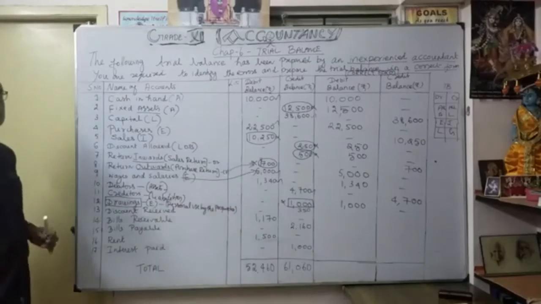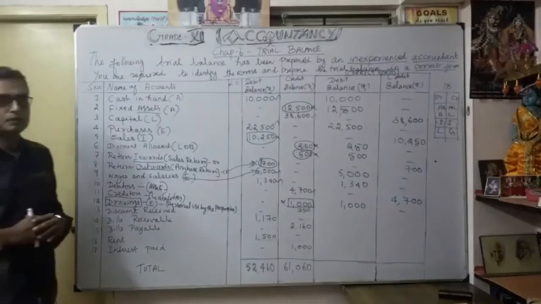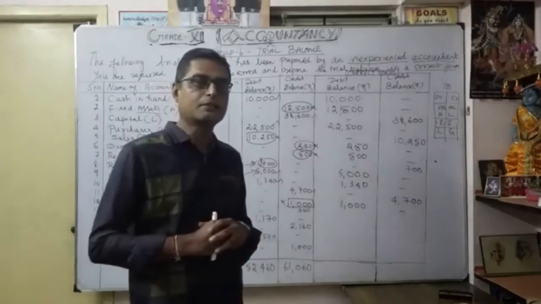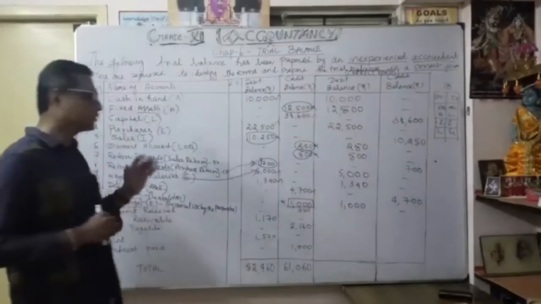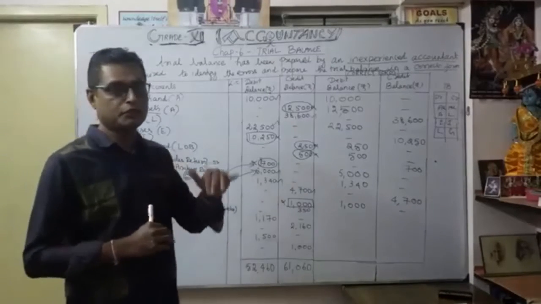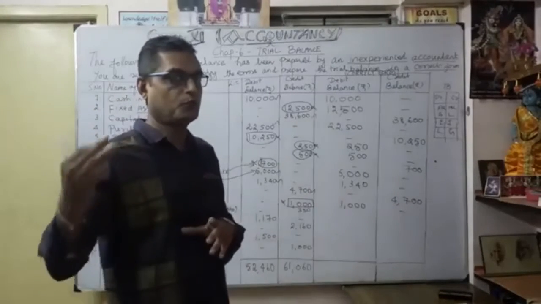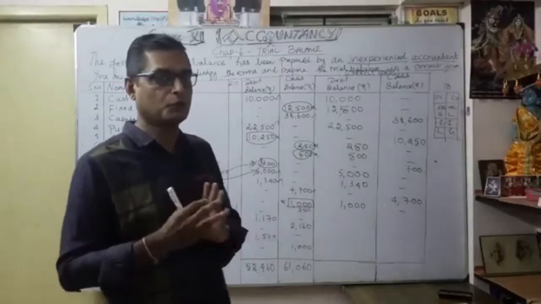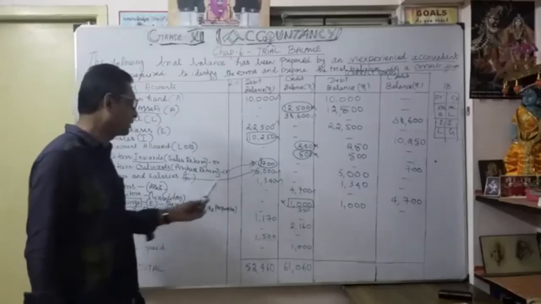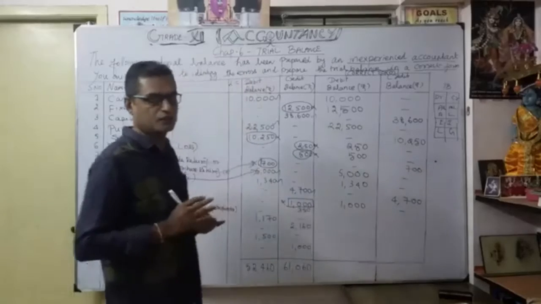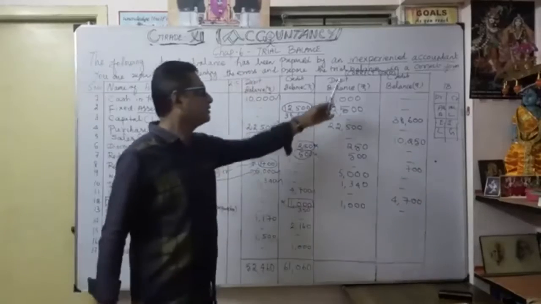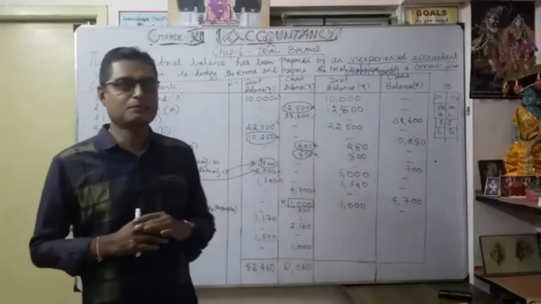Understood. Drawings is a very, very important word. So drawing should always be a debit balance, never a credit balance. Later on, these drawings are recorded in the balance sheet to reduce our capital. So when you know our final accounts approach, drawing is always a debit balance, never a credit balance. So it is wrong. It's taken by our opponent. So they will say so, in the experienced opponent.